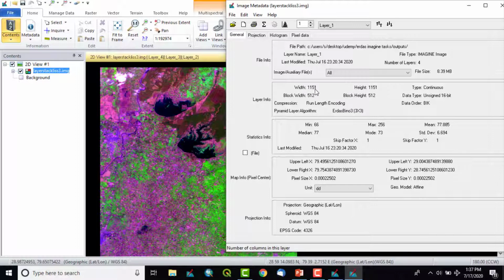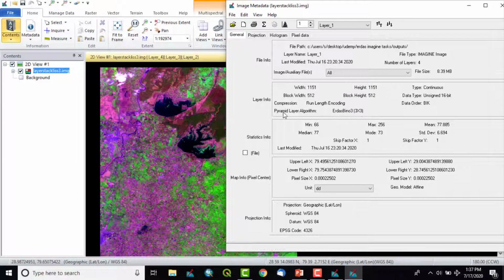So there are 1151 rows and 1151 columns, and its type is continuous. Block width is 512, block height is the same, and the data type here is very important. Data type is unsigned 16 bits. So this is the radiometric resolution of the image.